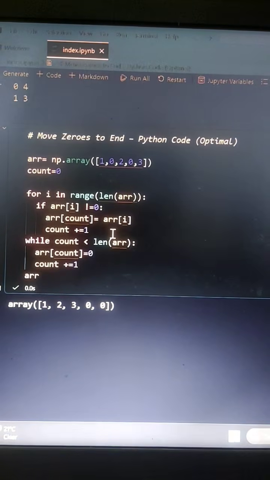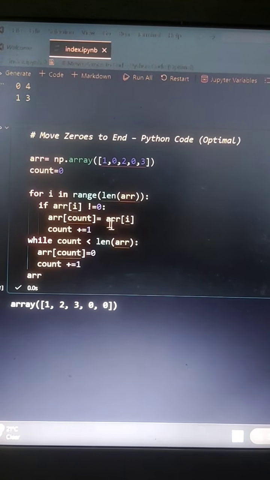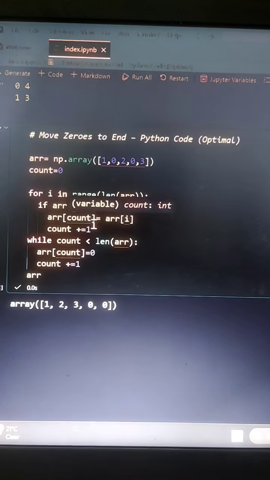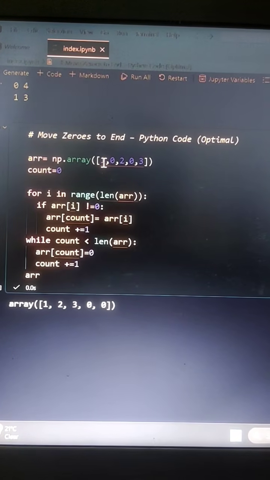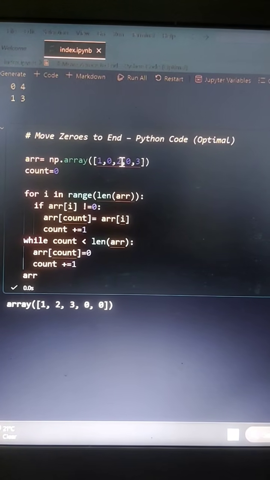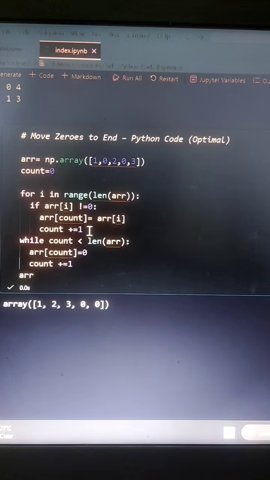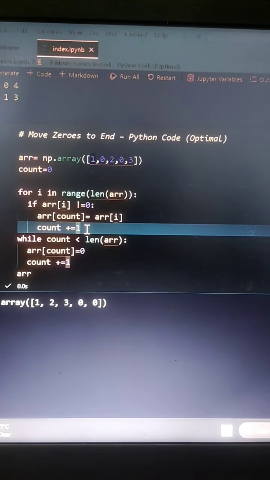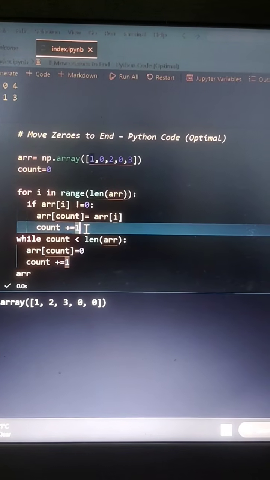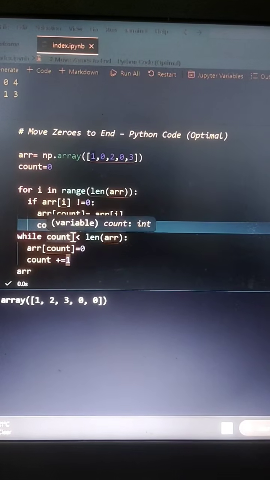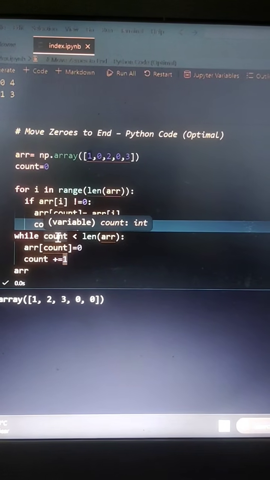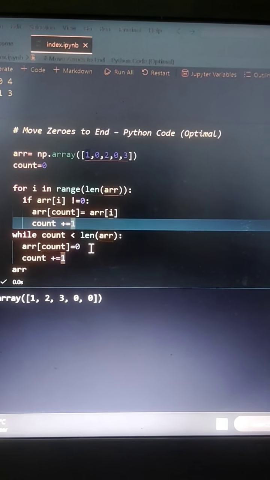And we see how many times this condition is running, because in the array the non-zero elements are 1, 2, 3, like 3 elements are non-zero, so the count variable stored the value 3. Then my count I stored 3, then length is equal